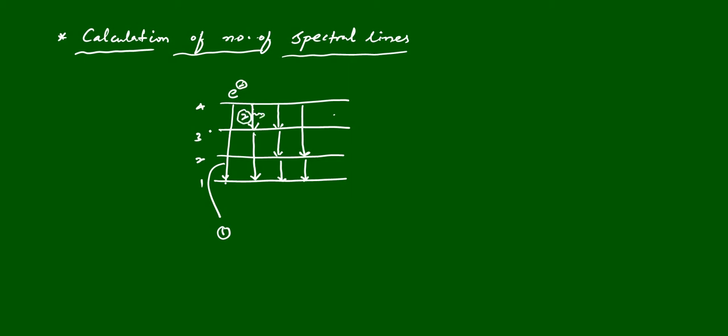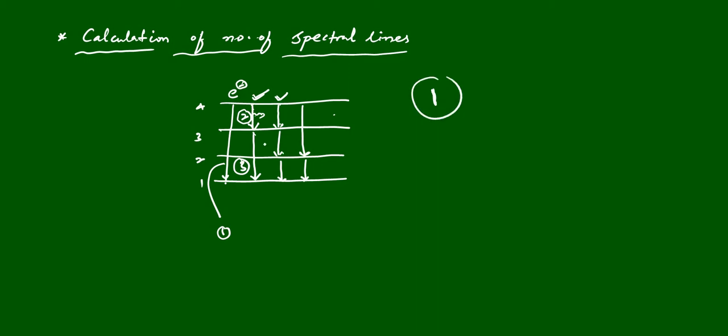This is also one spectral line. Again, when it jumps from 3 to 1, it gives one spectral line. And again 4 to 3, and in the second and third cases the radiation is the same. So both give only one spectral line, as both have the same kind of spectral line. For example, if it is yellow light, this gives yellow light and this also gives yellow light. We cannot differentiate them, so both yellow lights together we take as one only.